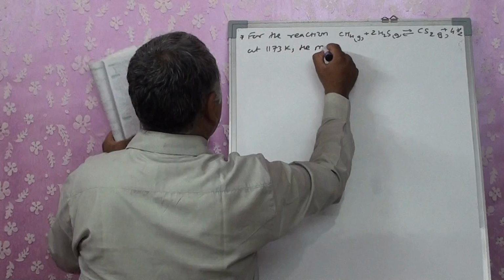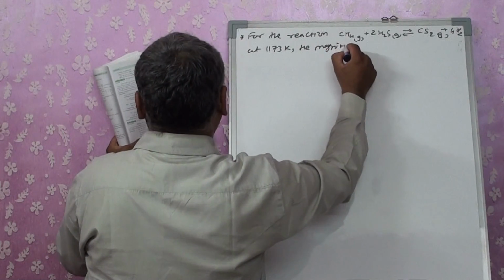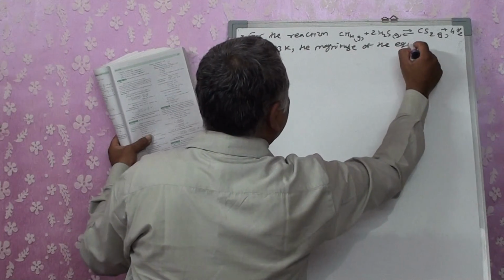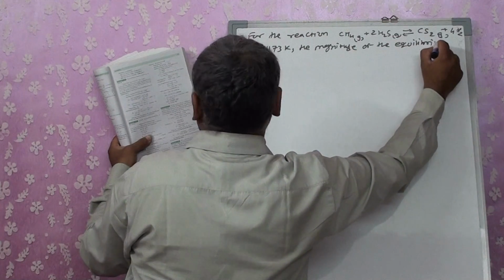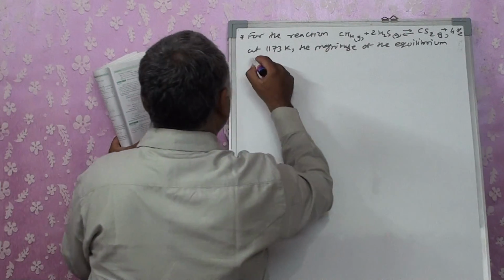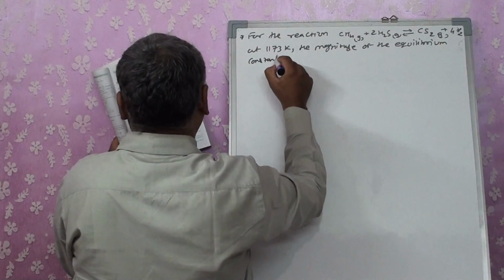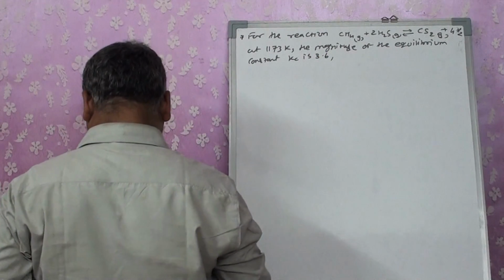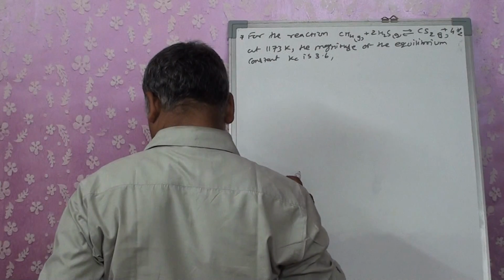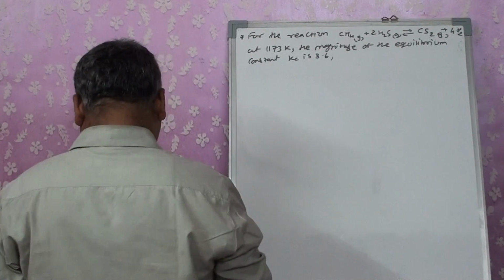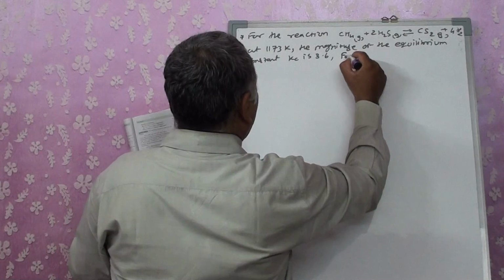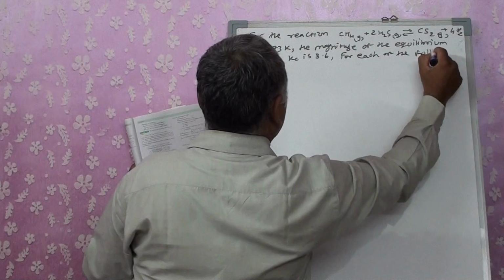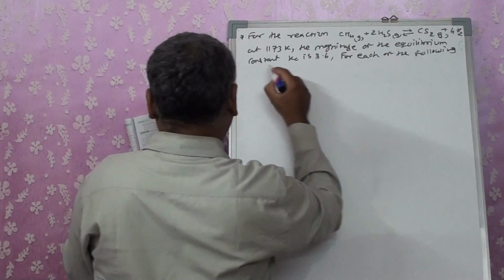The magnitude of the equilibrium constant Kc is 3.6. For each of the following compositions,